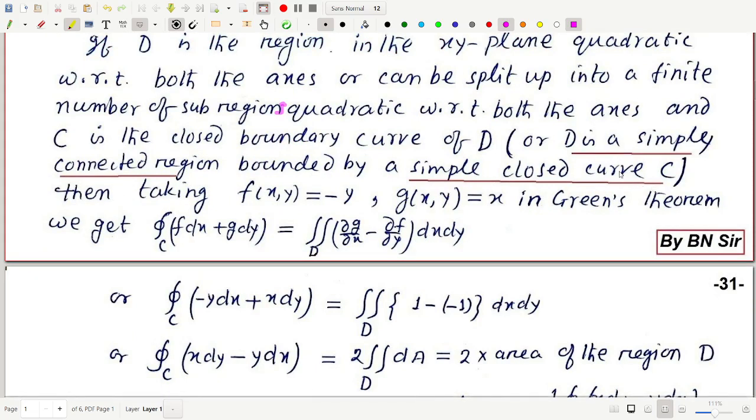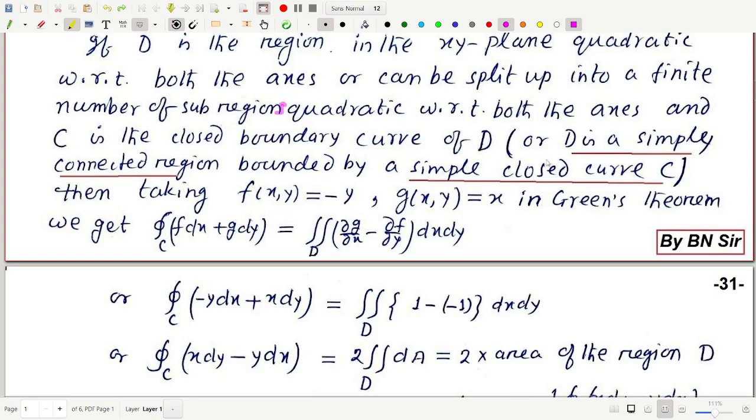The curve which does not intersect itself is simple. Okay, means the curve is not like that. This is also a closed curve, starting and end point same, but it is not simple because it is cutting itself. It should be like that, maybe circle, maybe ellipse, anything. Okay, so if the area is bounded by a simple closed curve C,